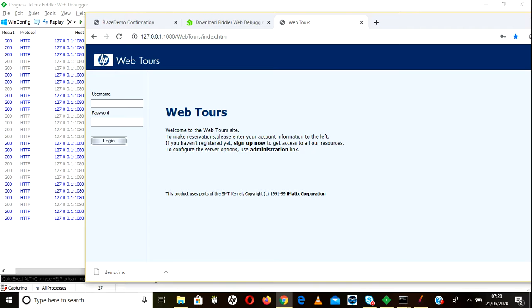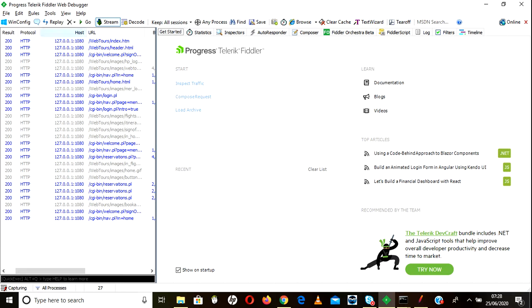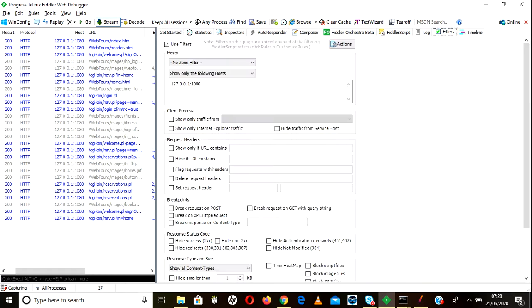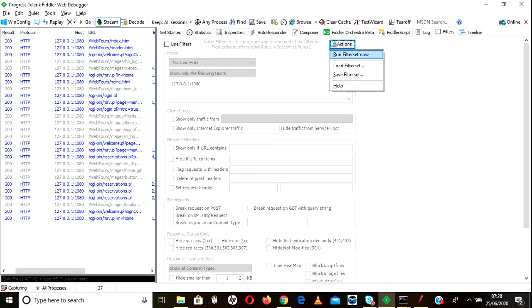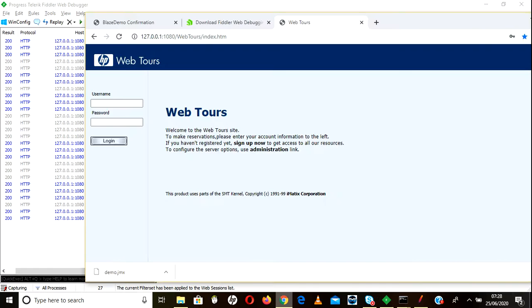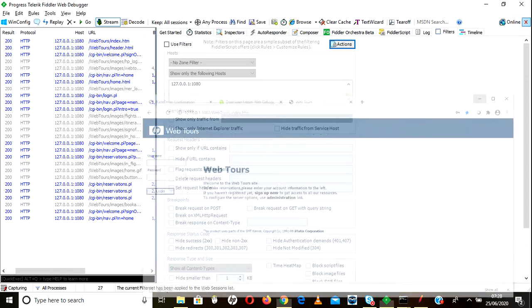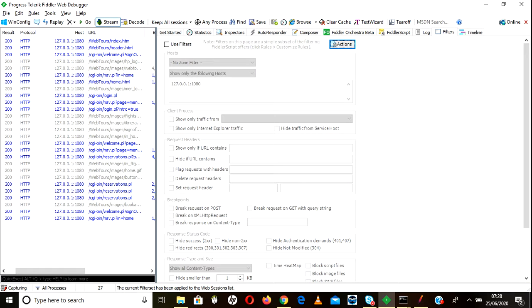Click on the sign out button. Now if you see, it is only recording these particular values, nothing else. There is one option under filters. I used filters, so that is the reason it is only recording that particular URL host name. Go to filters. If you remove this filter and apply, you will see a lot of them. Right now nothing else is running, so you are not seeing them. In real time, some background processes will be running, and some Chrome browser extensions will be running, so you will see a lot of unwanted data here.